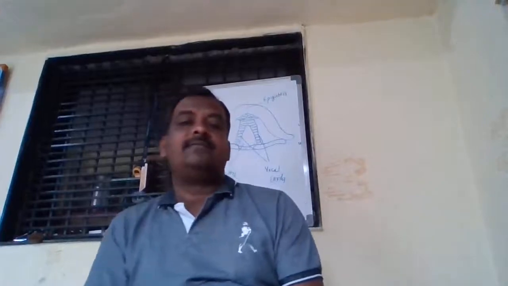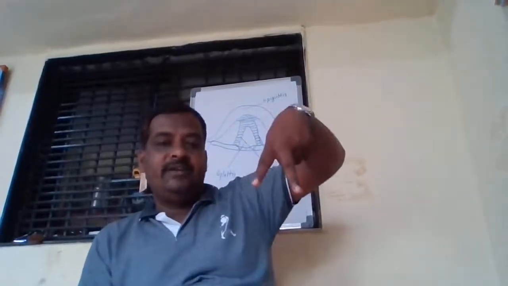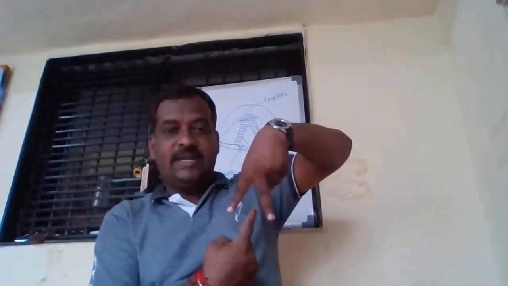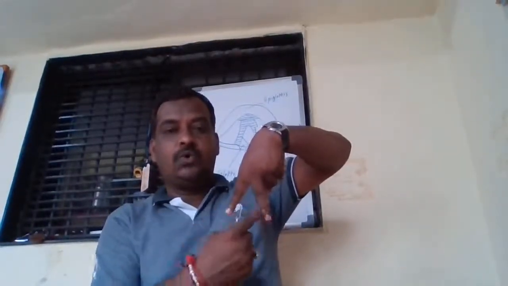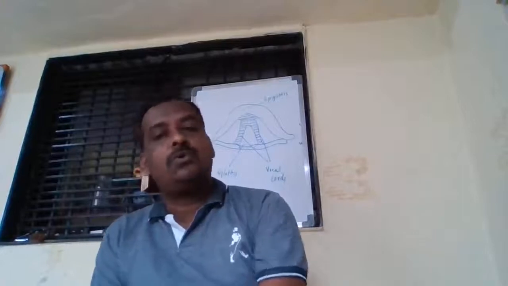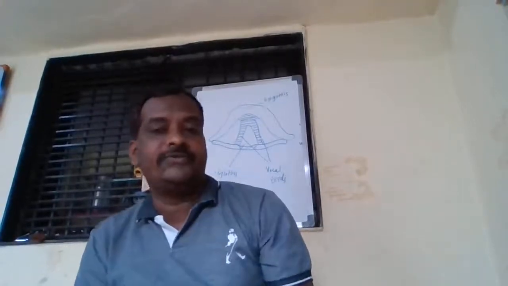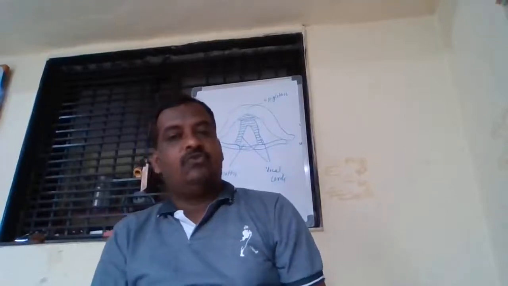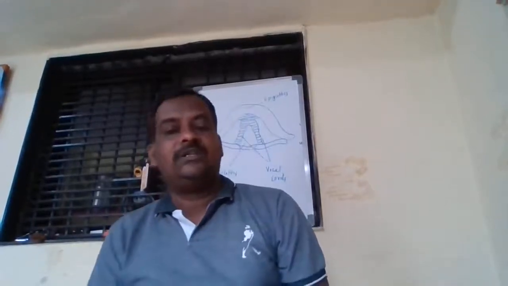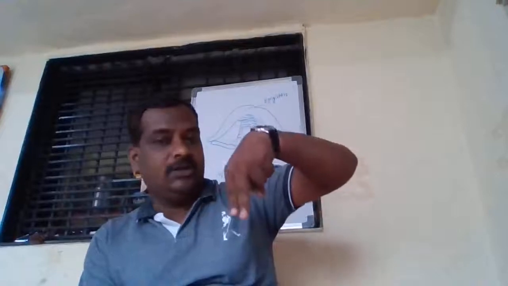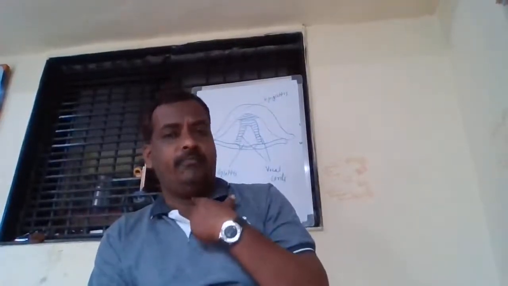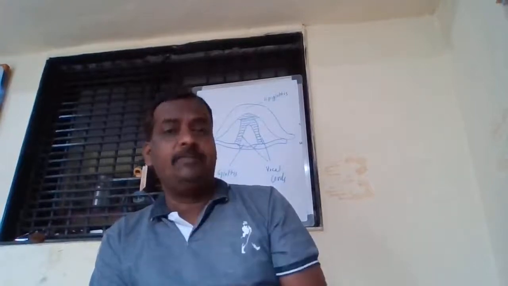The vocal cords, as I mentioned here, like this one. So this opening is known as the glottis. These are the two vocal cords. These two vocal cords can be opened and closed. When we swallow food or drink water, these vocal cords are closed. And in that way, it prevents the entry of food or water into the windpipe